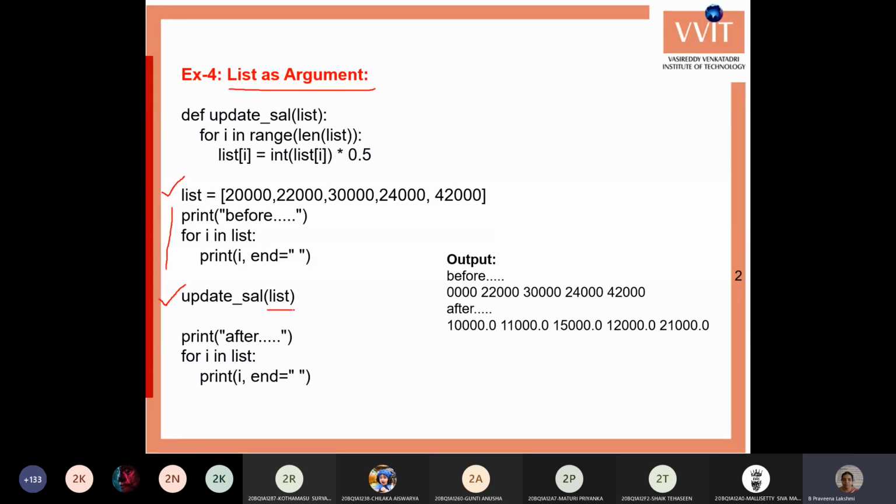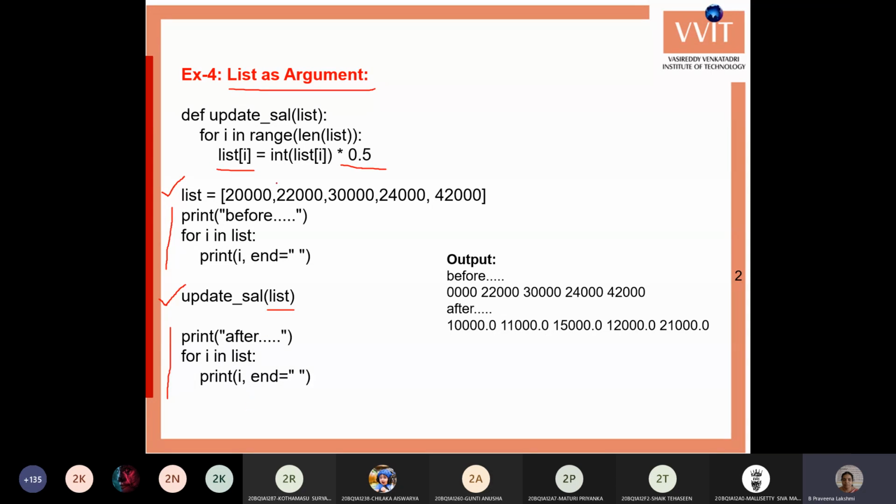The update is that we are multiplying by 0.5, that is 1 by 2, half. We make the value half and store it again in the list. Then we are printing the values using print and a for loop.